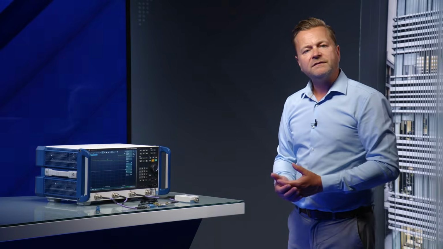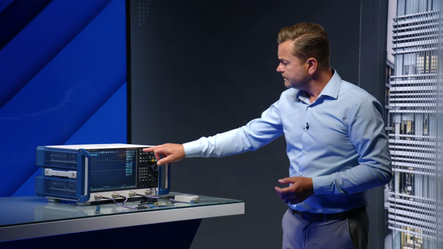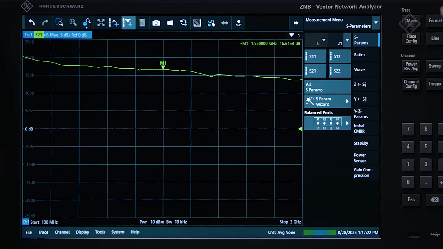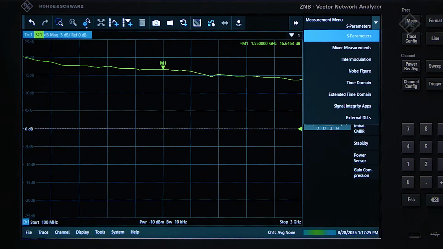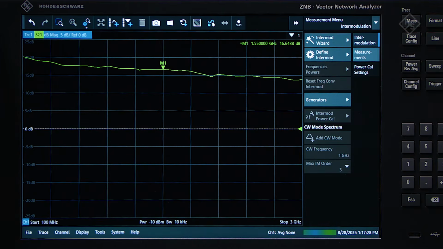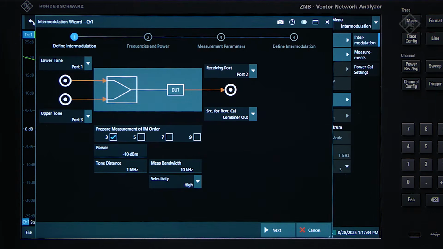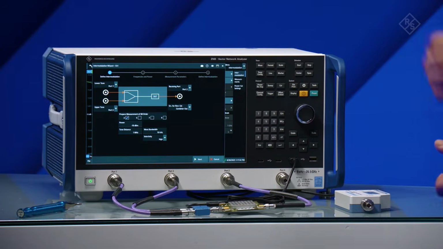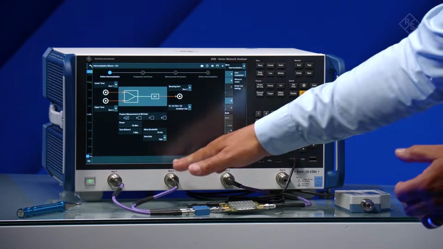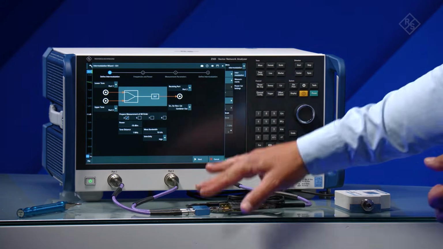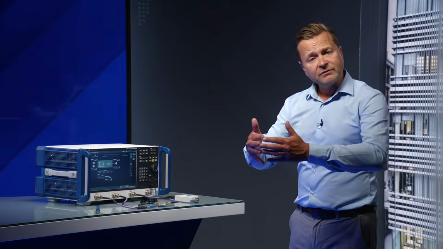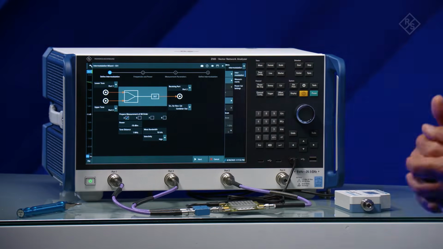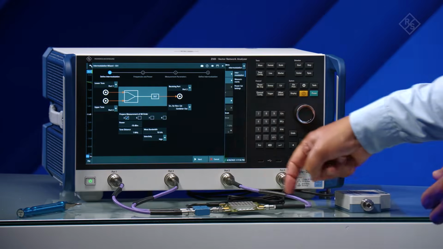So now we can move on and configure the intermodulation measurement. In the measurement menu, from the drop-down menu at the top, where we have S parameters, we can select intermodulation. And we have a dedicated wizard in here that allows us to define the necessary criteria to perform the measurement. In the diagram, we can see this represents a setup that we have here in front of us. So port 1 is providing the lower tone, port 3 is providing the upper tone, and then we have an external combiner here that brings those two signals together. So we have the two-tone stimulus into the device under test, and then the received measurement is going back through